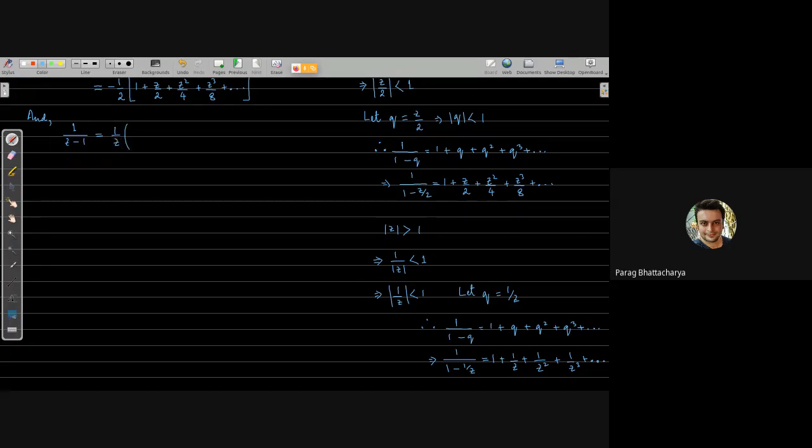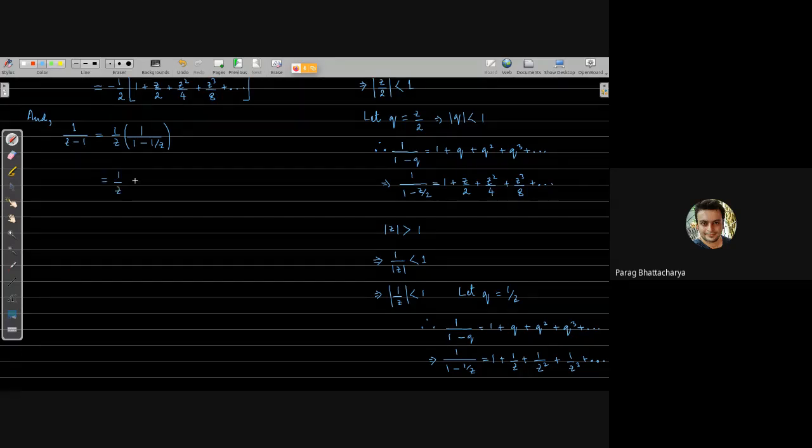So we will get 1 divided by the denominator. I have taken z common, so this one is going to be 1 minus, there is a 1 here, that 1 has to be divided by z. So this is what we wanted, right? And we got this. So this is equal to 1 by z, 1 by z, and then